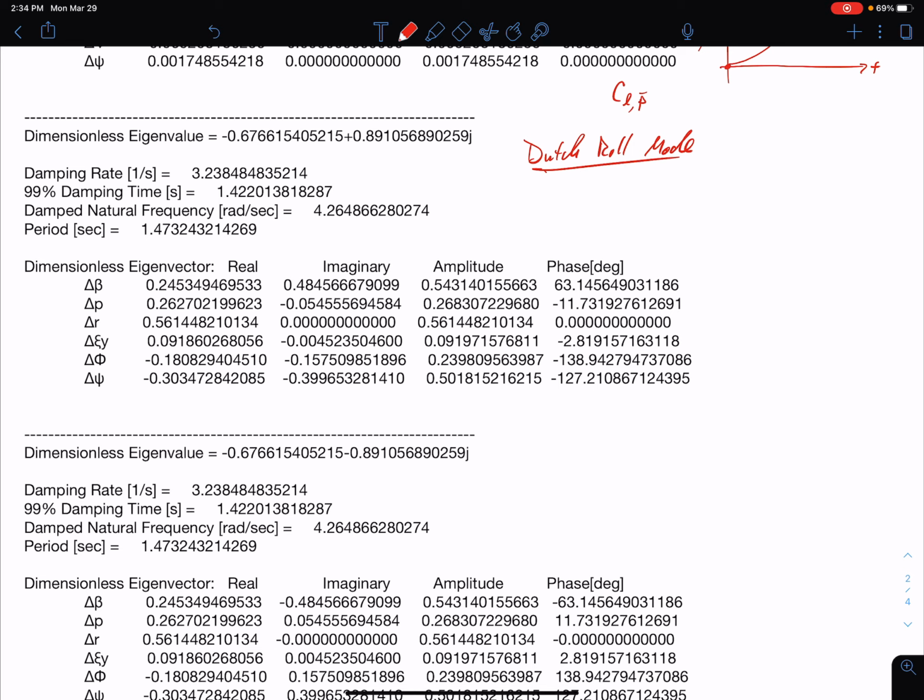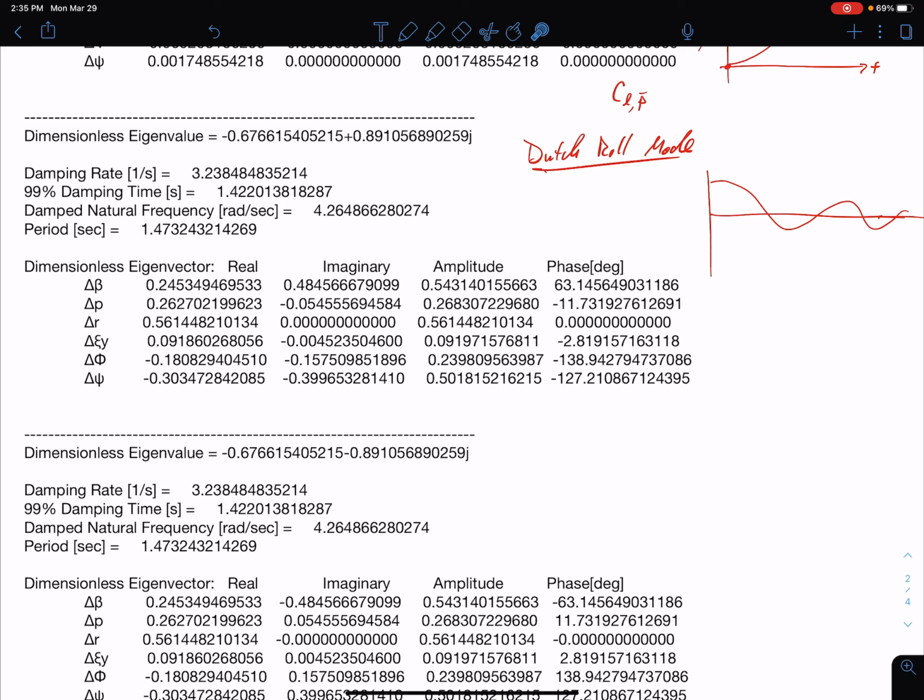And the Dutch roll mode is usually oscillatory. So if we look at it here, it will look something like that, and it will dampen out. Now, the fact that this particular glider is damped out in 1.5 seconds, I would say that's rare. Usually, unless you have a yaw damping system on board, which we'll talk about later, if you just look at the natural aerodynamics of this aircraft with your rudder frozen and your ailerons frozen and everything, so you're not looking at any active damping on the aircraft, this can usually persist for some time.